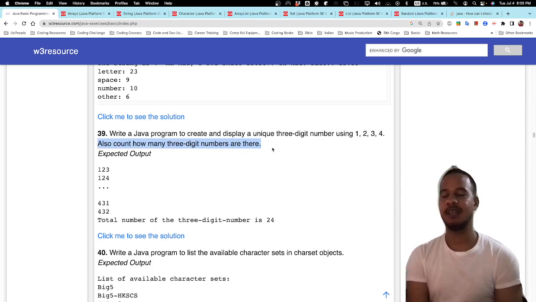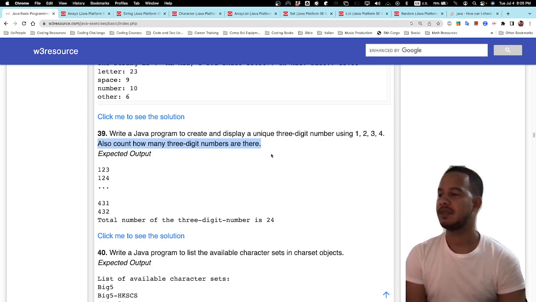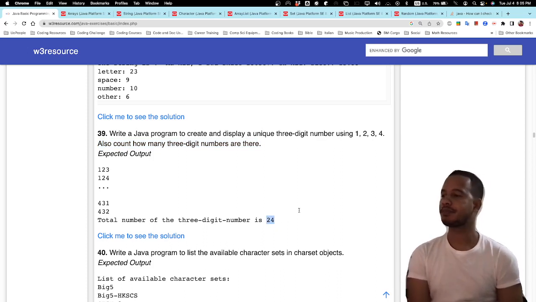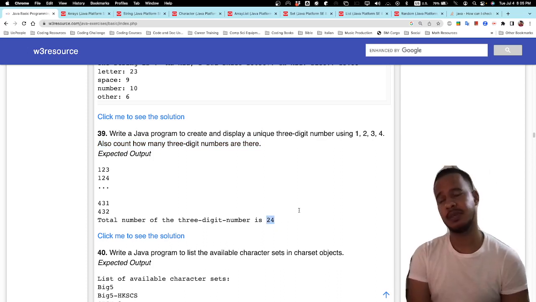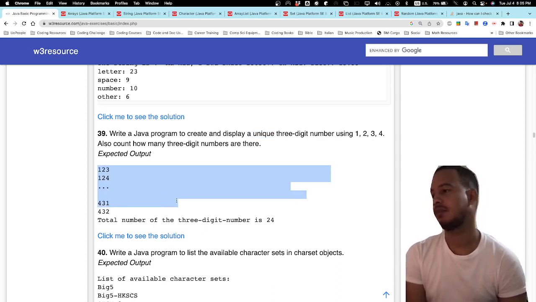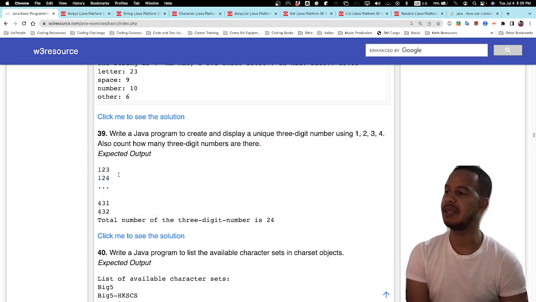When I first read this question, I didn't understand it. I was having a problem because I never could make just 24 unique three-digit numbers, because I didn't understand what unique meant here. If you're more observant than I am, you'll realize that unique means that there are no repeating numbers, meaning 112 does not exist, or 122 does not exist,